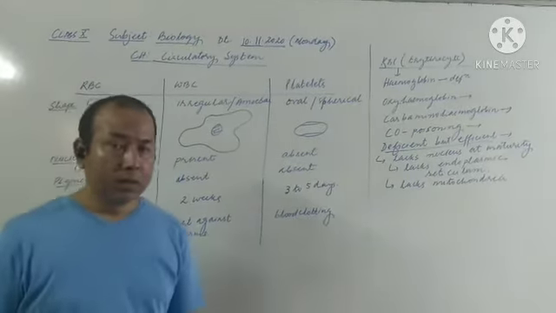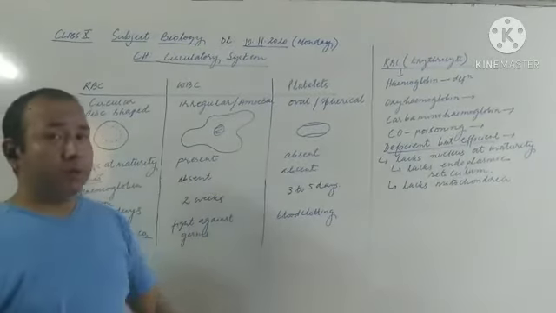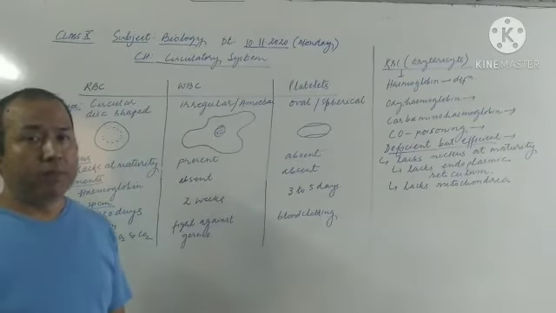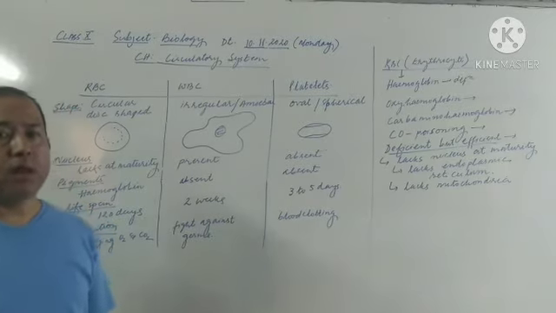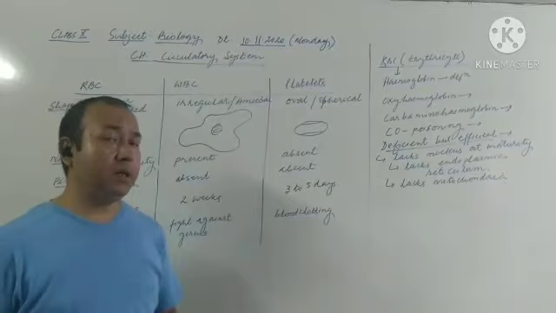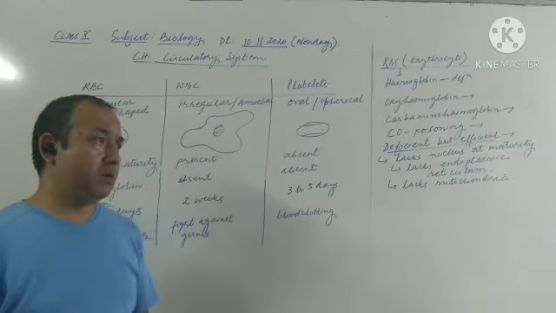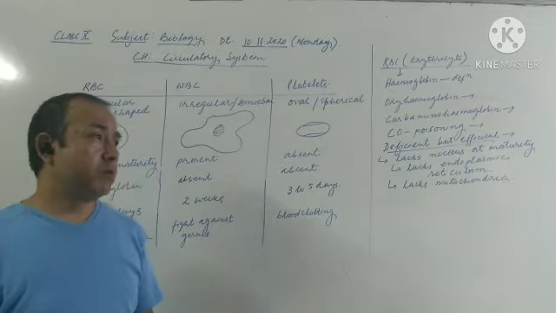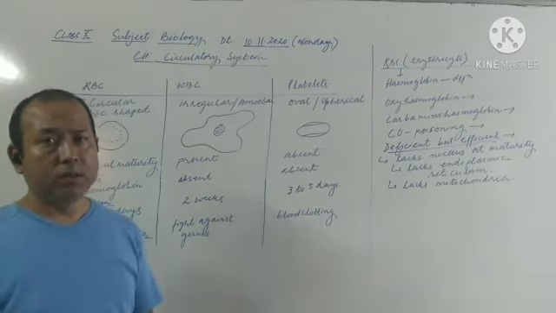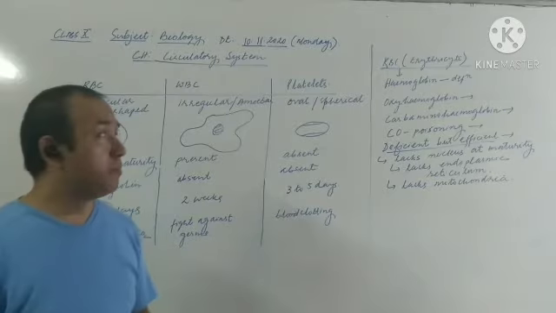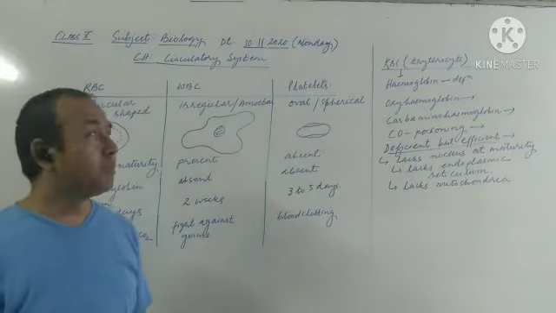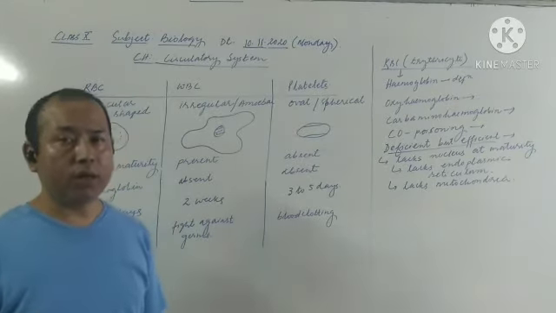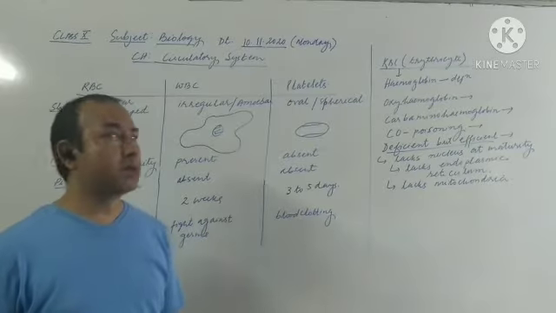Now, their main functions: what is their role in our body? RBC mainly consists of hemoglobin, so they are responsible for carrying oxygen and carbon dioxide. They help in the transport of oxygen and carbon dioxide in our body. And the WBC usually act as soldiers. They fight against the germs, they kill the germs, and protect our body. So they provide protection to our body by killing the germs. They act as soldiers. And the platelets help in blood clotting. About the mechanism of blood clotting, we'll be discussing later.